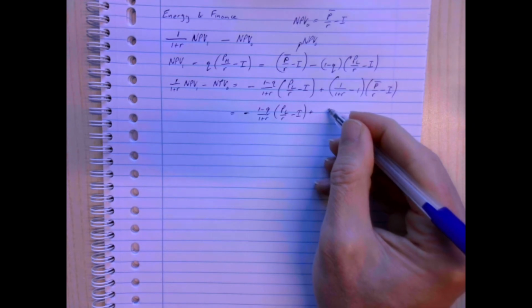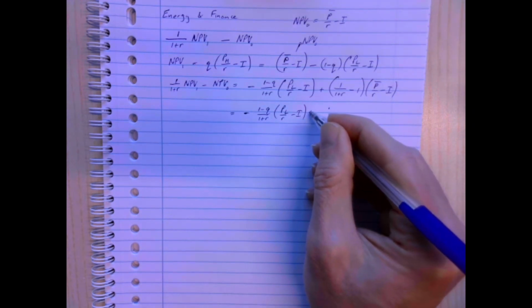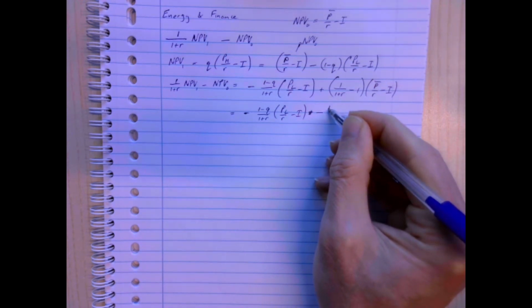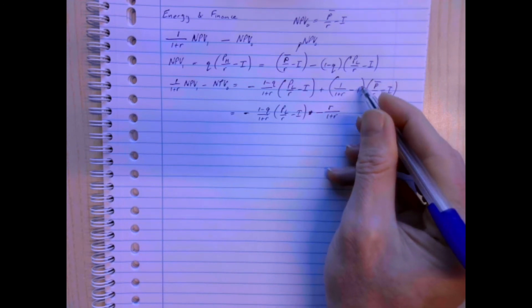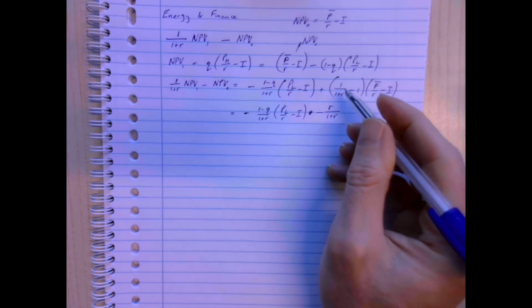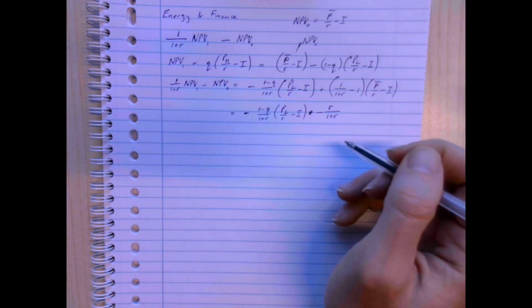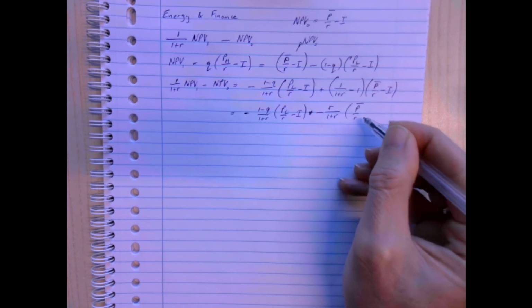That gives me minus R divided by 1 plus R, because here we have 1 plus R divided by 1 plus R, so I get 1 minus 1 plus R, which gives me minus R divided by 1 plus R times P bar over R